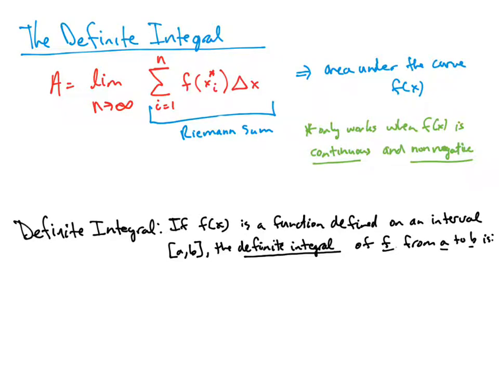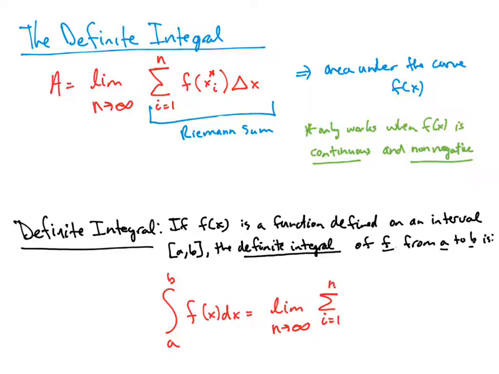So here's a definition for the definite integral. If f of x is a function defined on an interval a to b, the definite integral of f from a to b is the integral a to b of f of x dx, and that's equal to the limit as n goes to infinity of sigma from i equals 1 to n of f of x sub i times delta x. Okay, so we say if the limit exists,